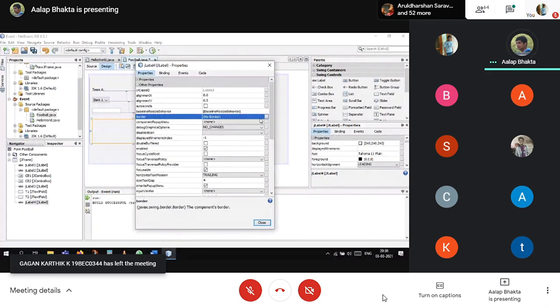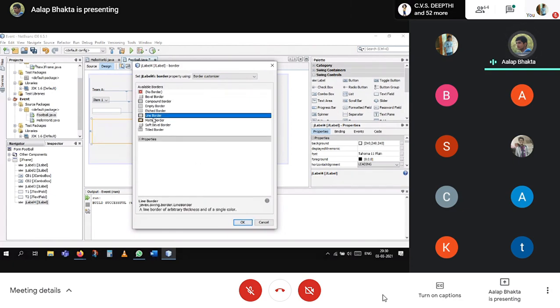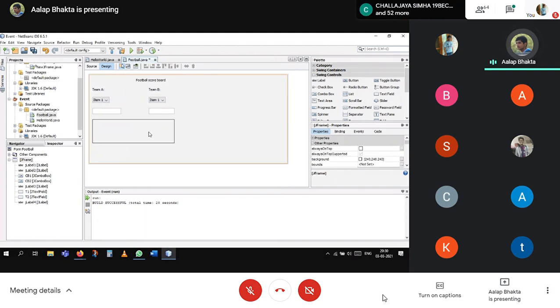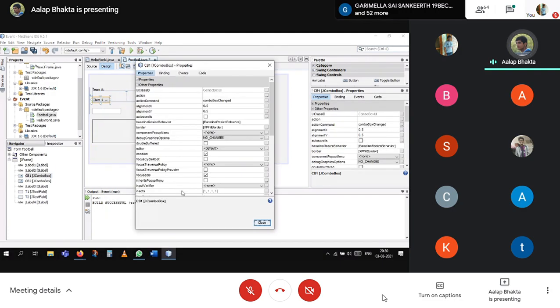Go over there, line border. So you will see there is a label over here. Label line border is there.